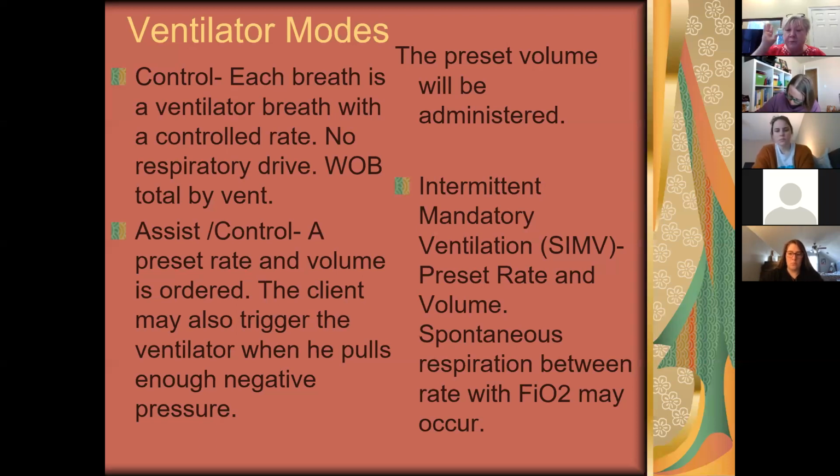So this is the ventilator. For simplicity's sake, I'm going to say we're going to set our rate at 16 breaths per minute. We're going to set our tidal volume at 600 mLs. And we're going to set our FiO2 at 60% oxygen, just for simplicity's sake, okay? So in the control mode, the patient is going to get 16